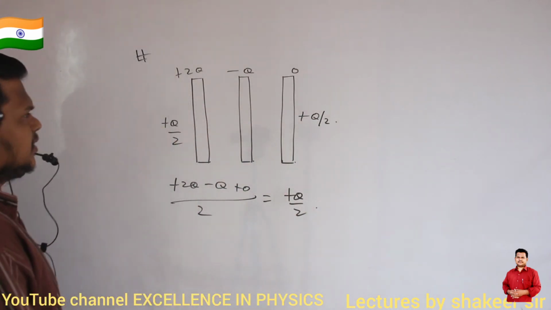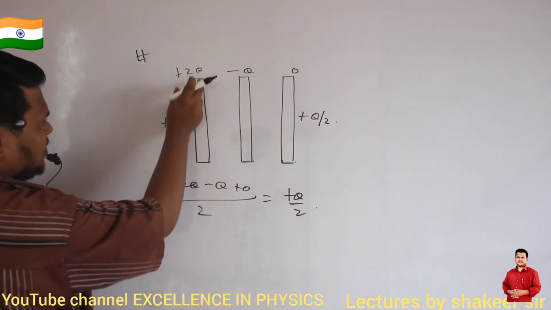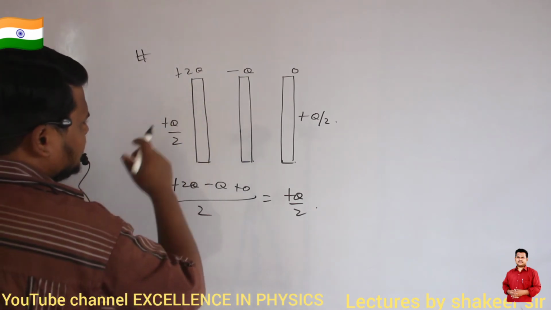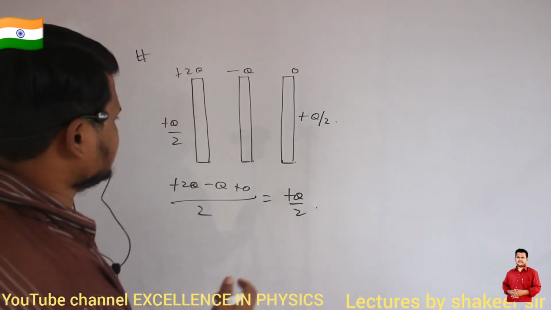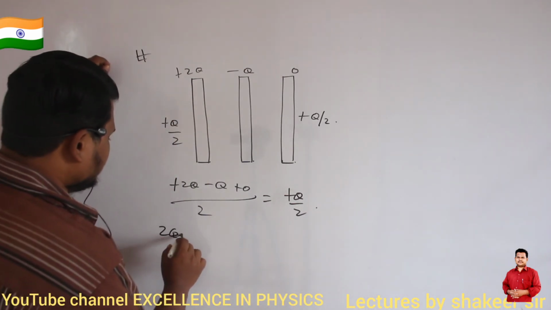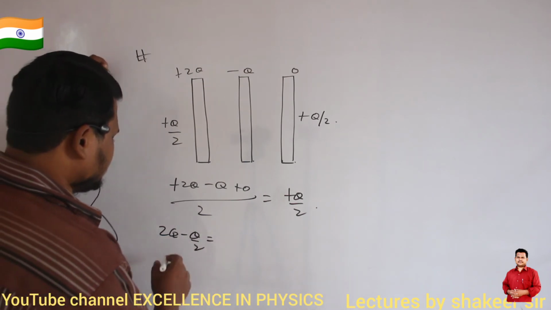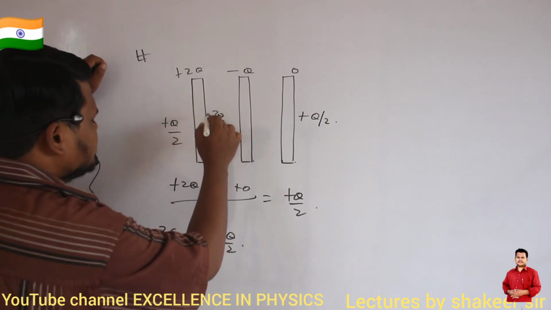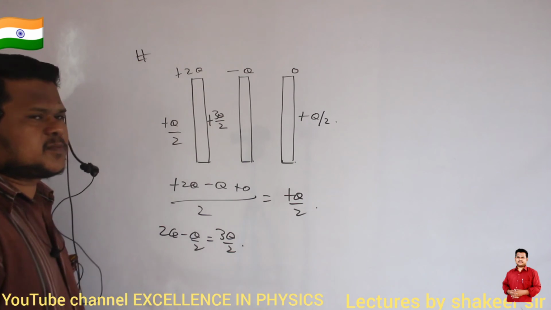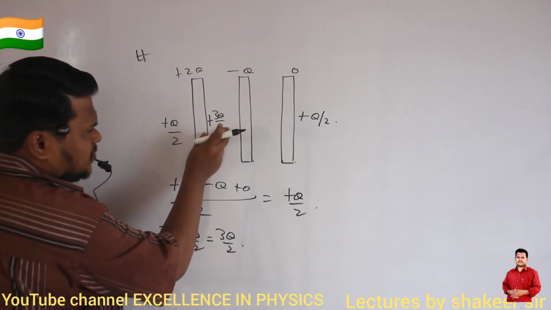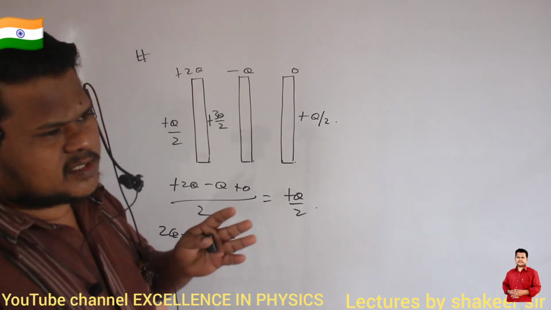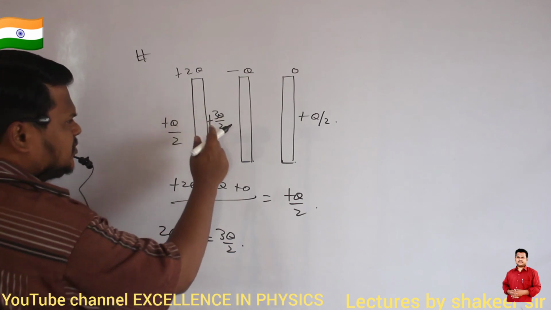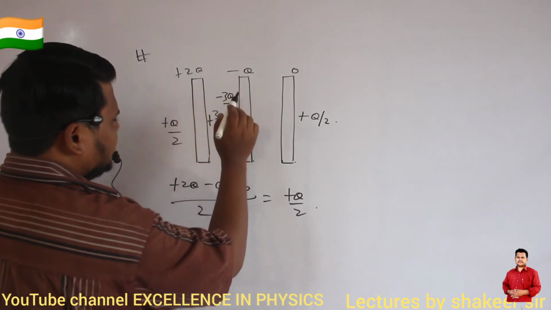Extreme ends means what? Here the charge will be Q by 2, and here the charge also will be plus Q divided by 2. Okay. So the total charge present on the first plate is plus 2Q. Out of this, Q by 2 is present on the left side. So the remaining charge will be present on the other side of this plate. What is the remaining charge? 2Q minus Q by 2 is how much? It is 3Q divided by 2. So plus 3Q divided by 2 charge will be present on the right side of this plate. If the charge is plus 3Q by 2, then definitely the charges on the opposite faces must be equal and opposite. So here the charge will be minus 3Q divided by 2.